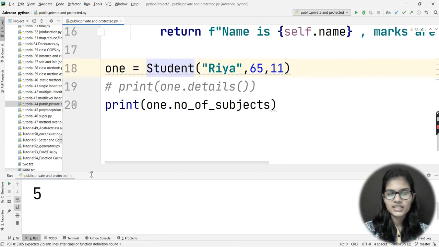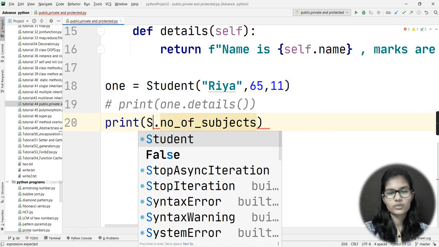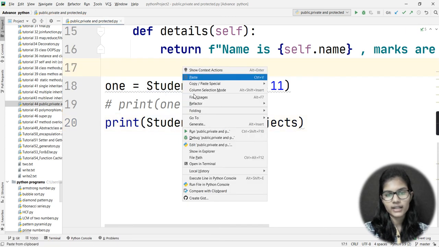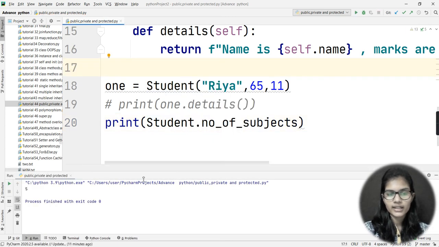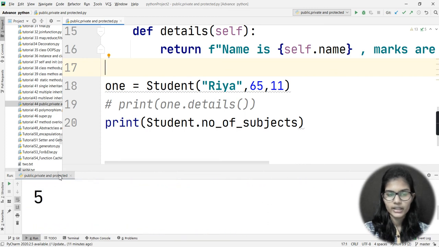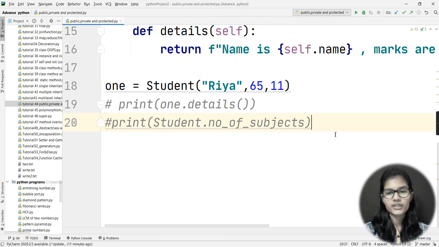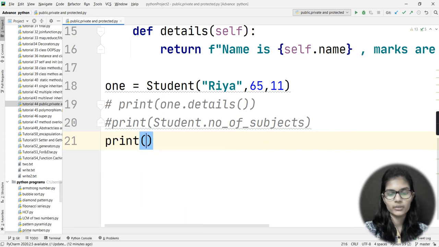So as I mentioned, a public variable can be accessed with the help of the class and with the help of the object as well. So if, instead of 1, I simply write here student, okay, if I write here student and then run, then it will again run and show me the same output which we have seen previously, that was 5. Okay, so it can be accessed with the help of the class or with the help of the object as well. So we just call that object as child class as well. Okay, now moving towards my protected variable.